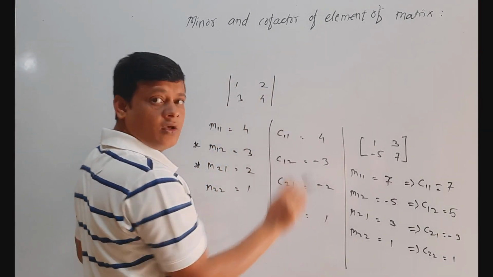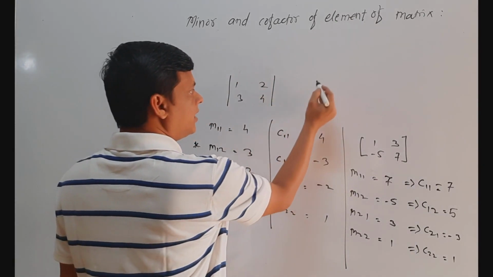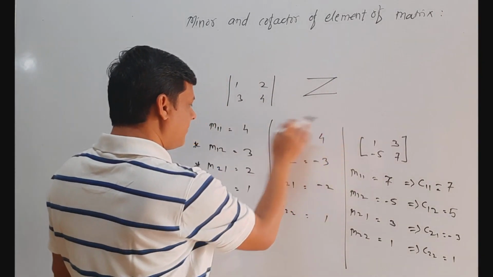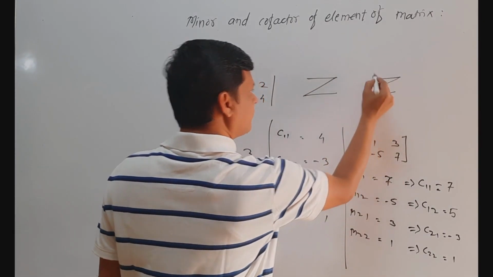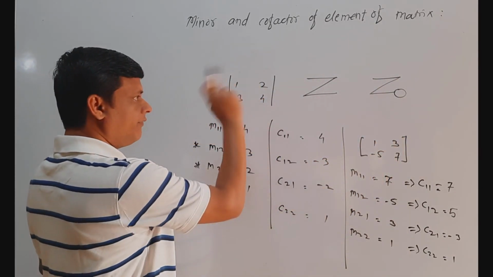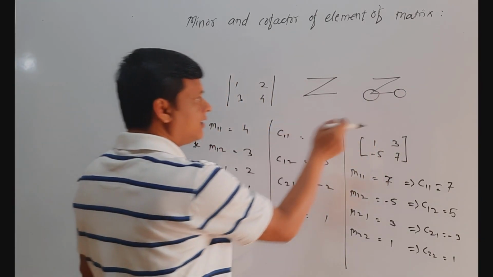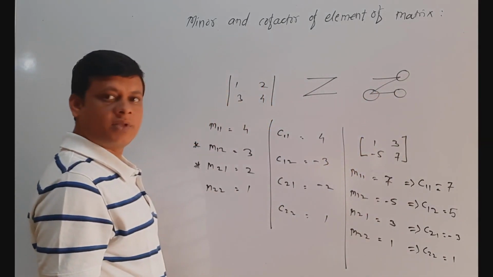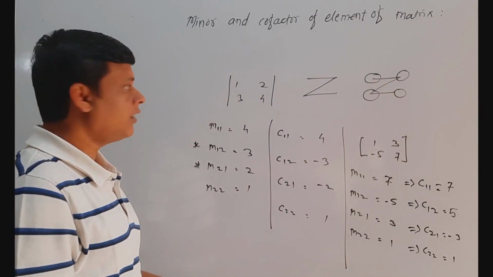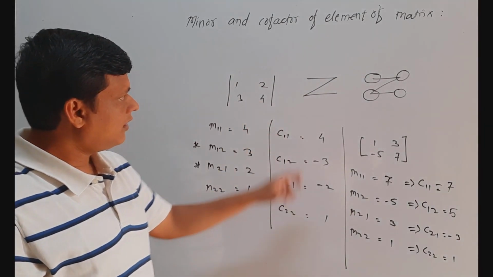So you can also remember in this way. While writing the elements of this determinant, we write in this order. While writing the minor, we write in this way. So we write this element as minor of first element, this element as minor of this second element, then this as minor of third element, that is 3. Then we write the value as the minor for this element 4. So in this way we can remember.